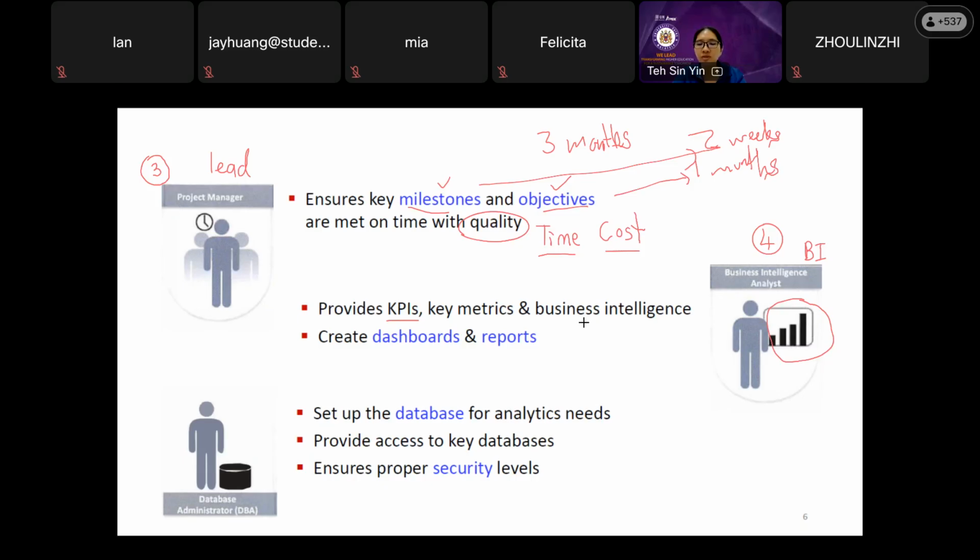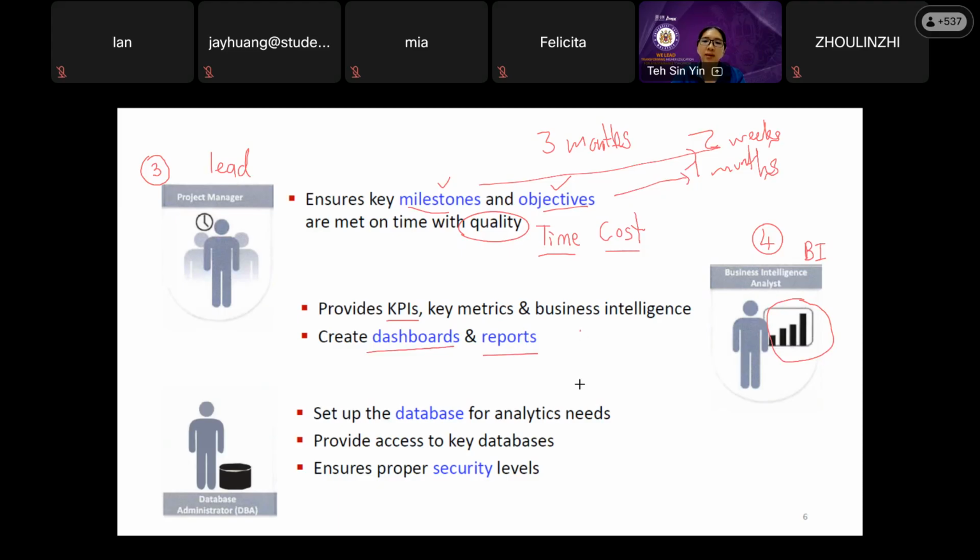And of course, the business intelligence information. So this BI analyst will create the dashboard, and will also do the reporting, and the reporting must be an easy to understand report.